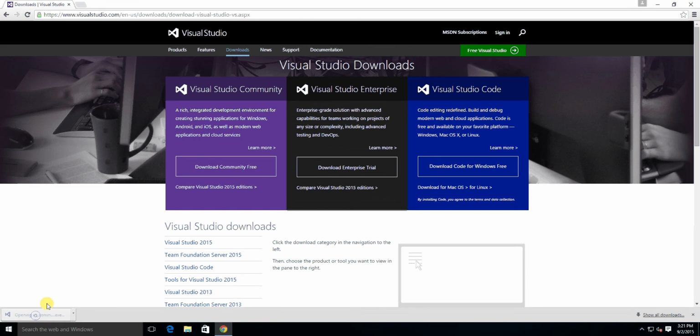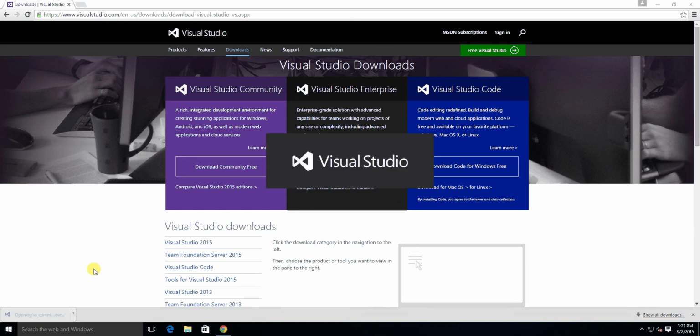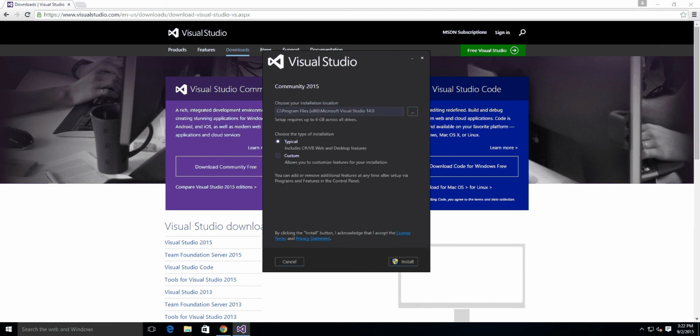Notice that it downloaded pretty quickly, because what's going to happen is it is going to download and pull in the other files as the installation runs. When the application starts up, you can usually just leave it with the default settings. If you know what you're doing, you can go in and customize, but it's pretty straightforward, so I'm just going